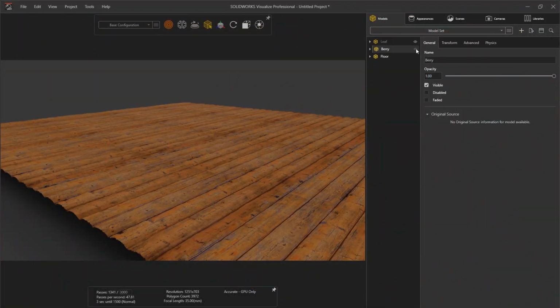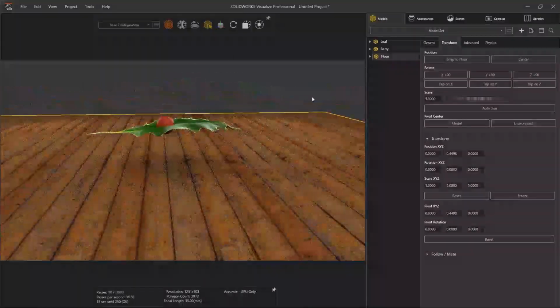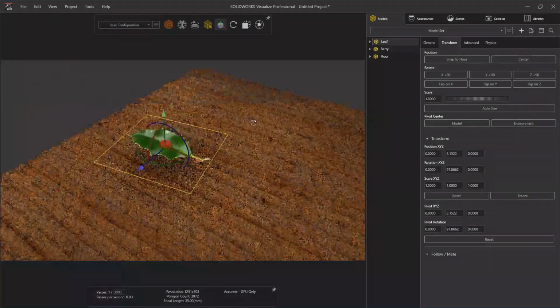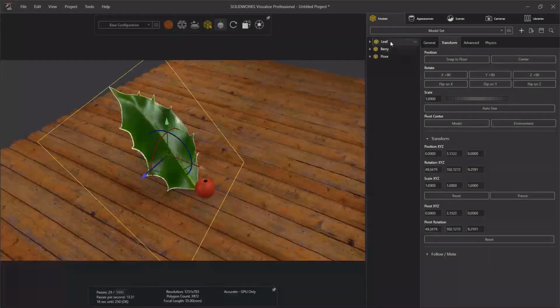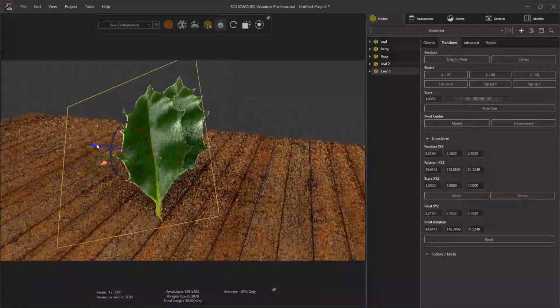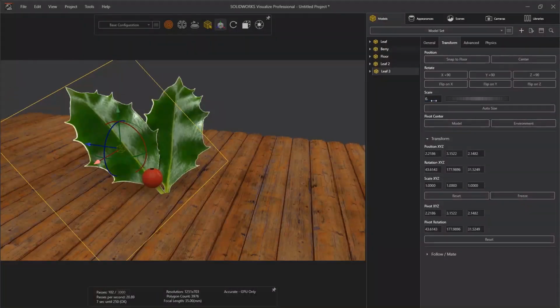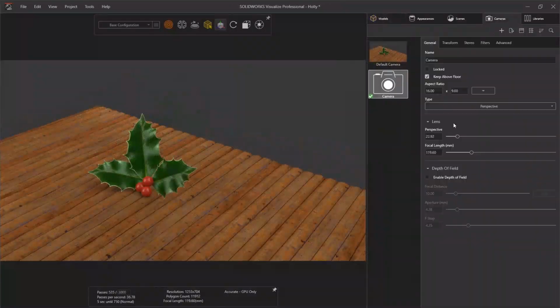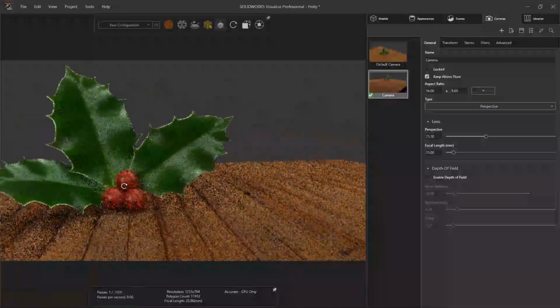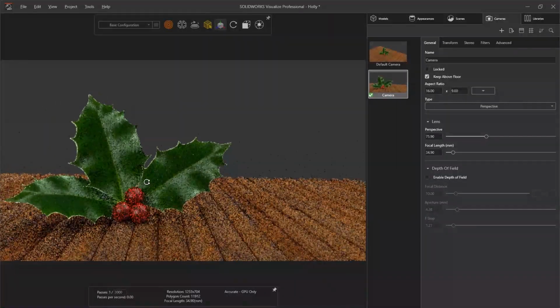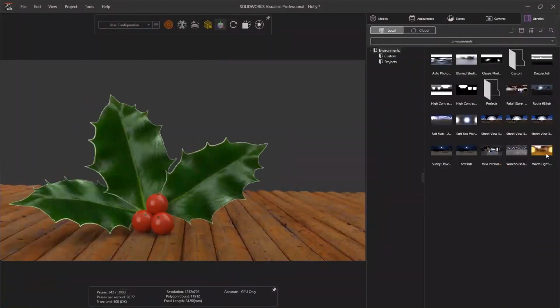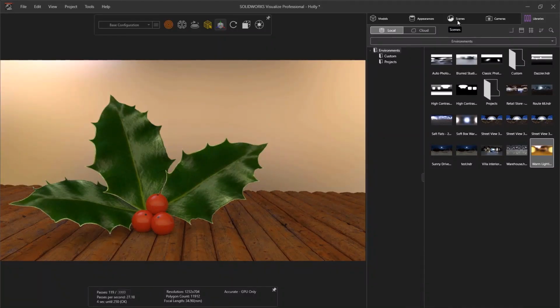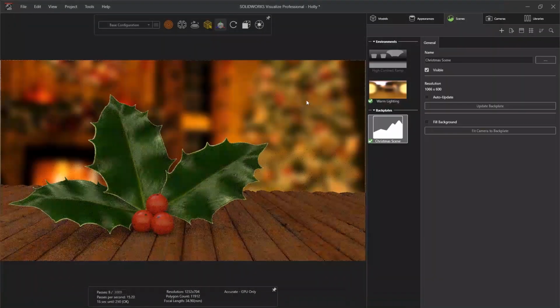So let's now get everything together by using the object manipulation tools plus the duplicate tools to get a few of each object in the scene. I will also manipulate the camera to get a nice angle, add a warming scene to provide some orangey festive lighting, and a backplate of a Christmas tree and fire.